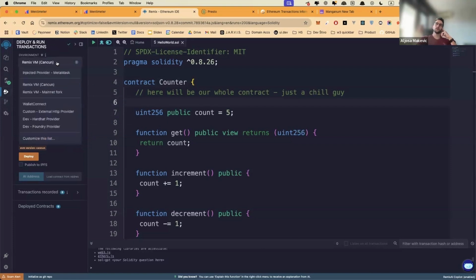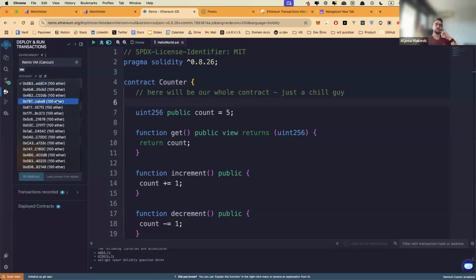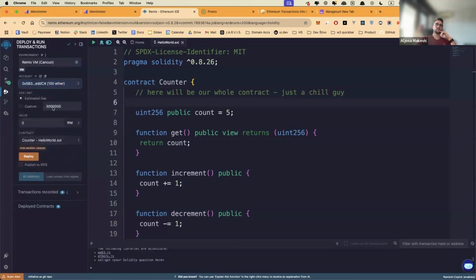And yeah, so the next section is called deploy and run transactions. So here it's going to give you a mocked account that has 100 Ether, and you have a bunch of them. And here is the contract that we've made, counter, within this file.